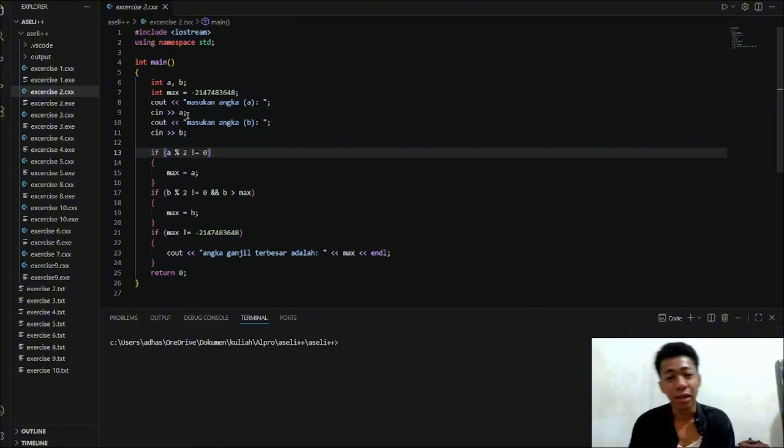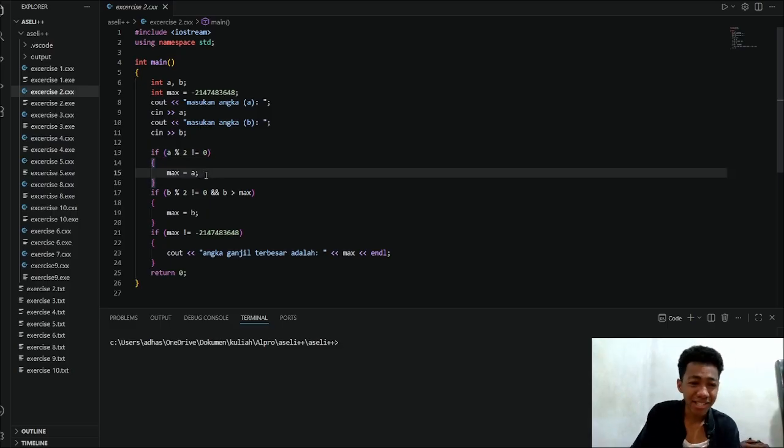After we input the values, we need to check a, whether a modulo 2 is not equal to 0. And if yes, we will assign the max value with the value of a we input before.